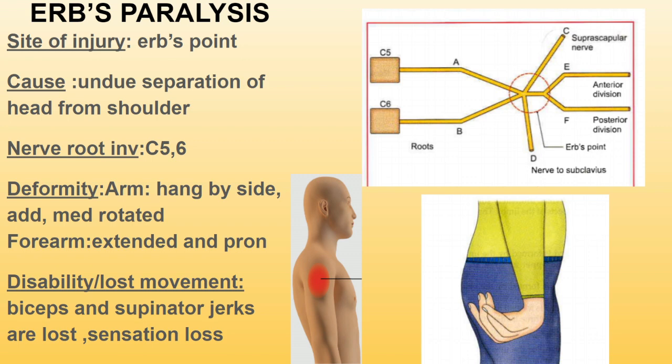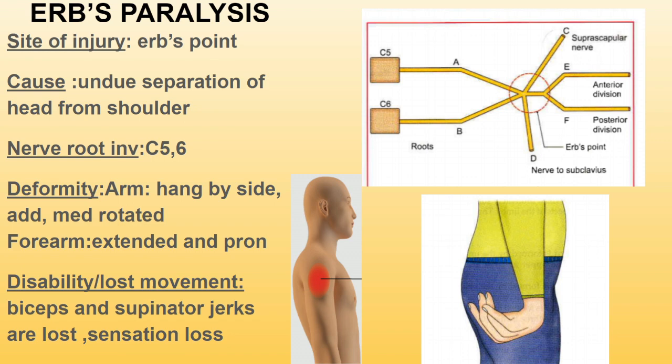Over here the main nerve roots involved are of course C5 and C6, which form the upper trunk. The muscles are also paralyzed. The mainly paralyzed muscles are four. Remember: brachialis, brachioradialis, biceps brachii and deltoid. 3B, 1D. Brachialis, brachioradialis, biceps brachii and deltoid. And the partly paralyzed muscles are the supraspinatus, infraspinatus and the supinator muscle.